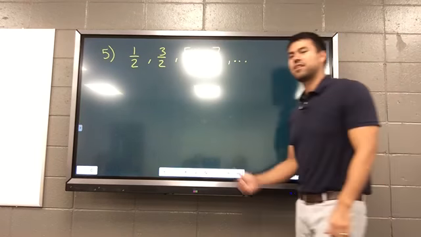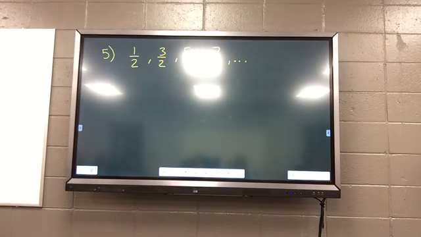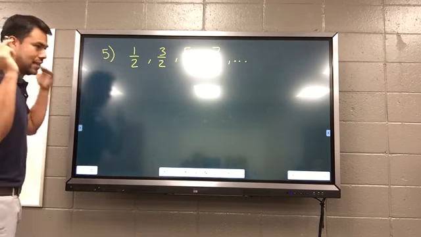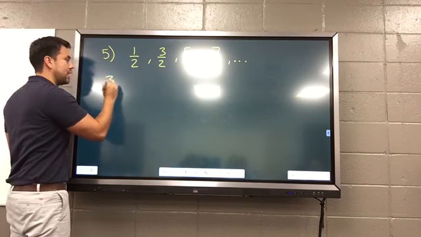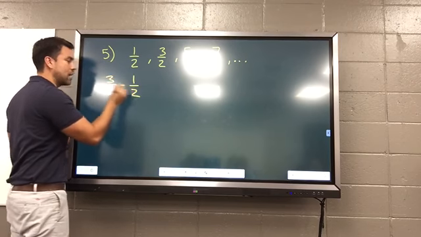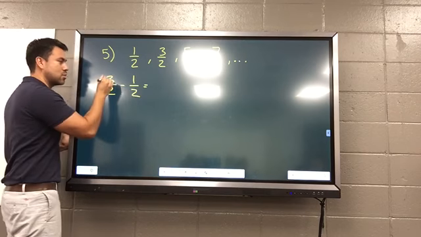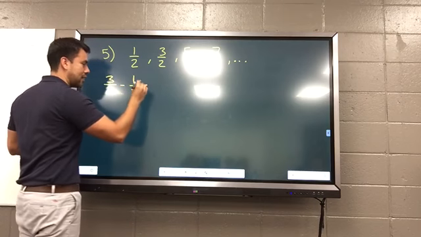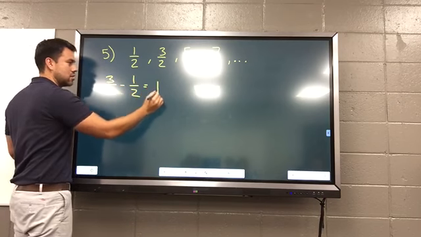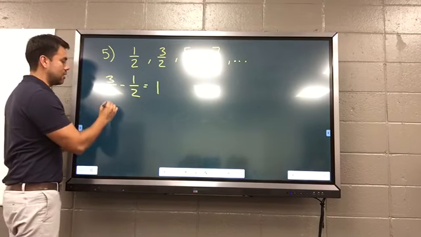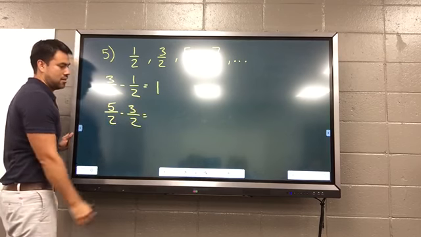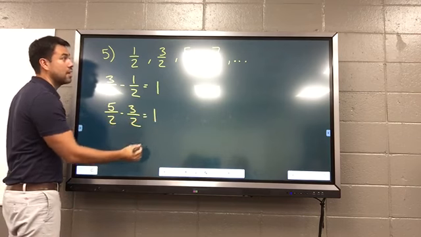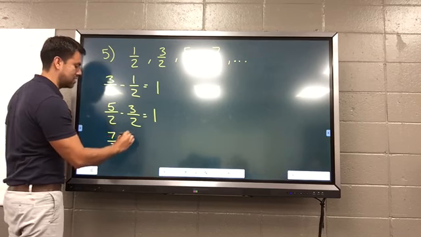Good. Try it on this. Give me the next 4 after determining if it's arithmetic or not. So is it arithmetic? I don't know. If it is, next 4. If it's not, you're done. I'm going to do 3 halves minus 1 half. Do we have common denominators? Which is nice. What's 3 minus 1? 2. And then I get 2 over 2, which is really just 1. Okay, then I'm going to do 5 halves minus 3 halves. And what does that give me? 2 over 2, which is just 1. And then I do 7 halves minus 5 halves.